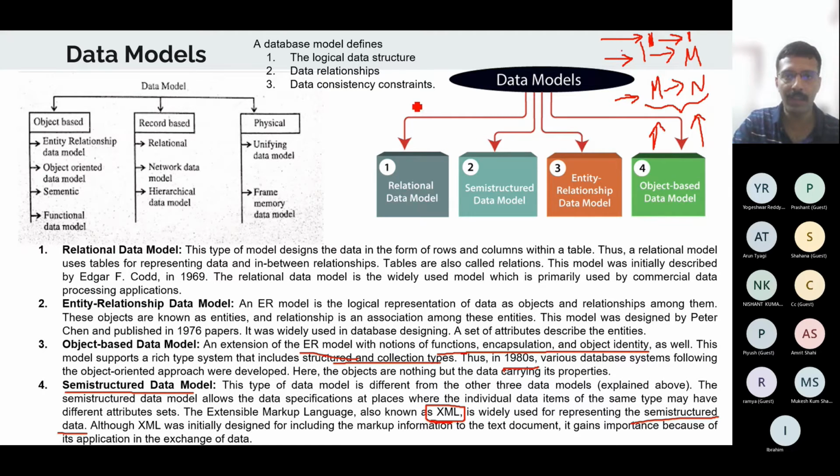Whereas if you consider a one-to-many relation, suppose one student and the mobile numbers that we have. One student can have multiple mobile numbers, right? So will that also be an M by N? No, right, because one mobile number can be owned by only one student. So we can tell that it is a one to many.